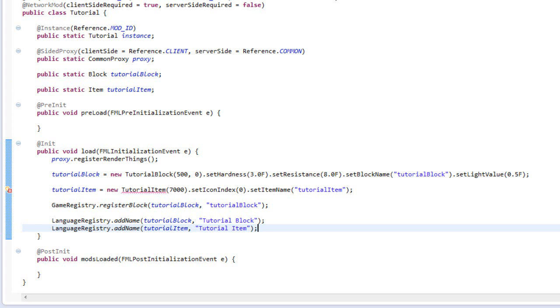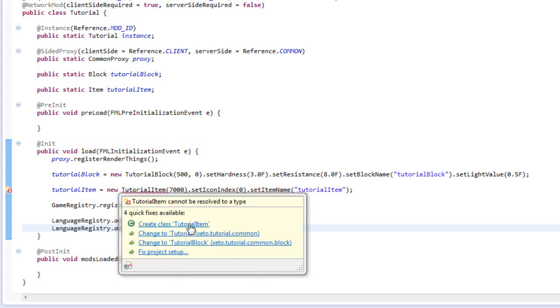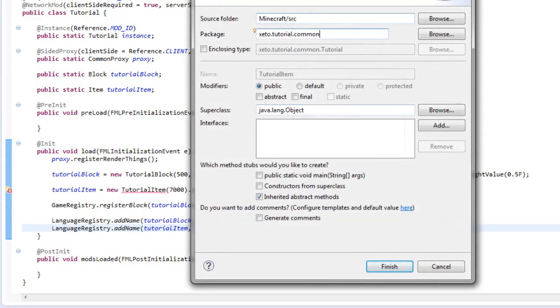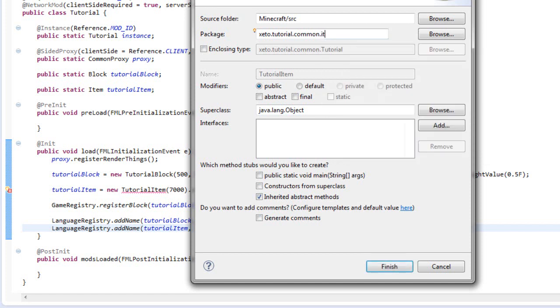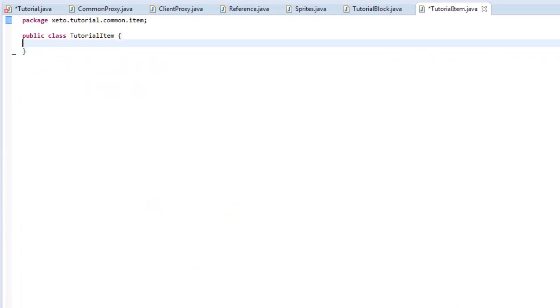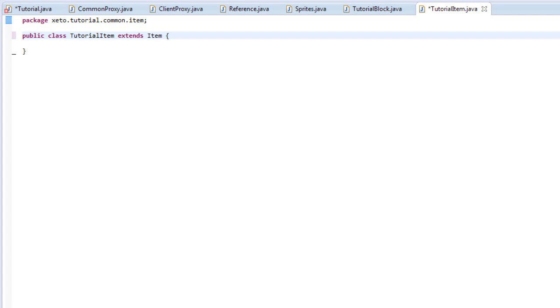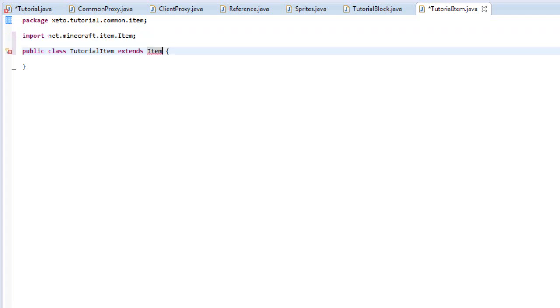main class here. So let's go ahead and make our tutorial item by clicking create class, and we're going to set it to a folder or a package, sorry, and we're going to call the package item. This will be inside the Seto tutorial common item, and we call it tutorial item. So hit finish, and this should pop up, and then we make it extends item, and Control Shift O to import item,